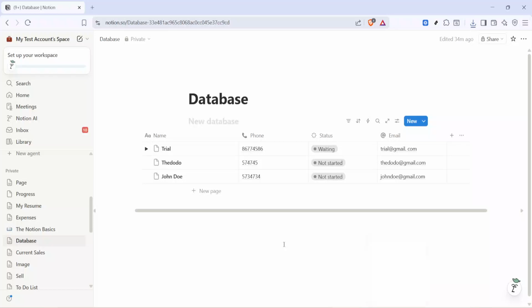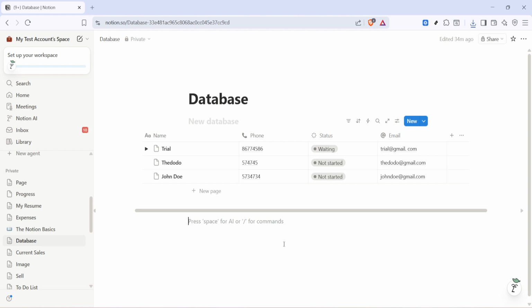In today's video, I'm going to teach you how to add tags to a page in Notion. Tags are one of the simplest ways to keep your Notion workspace organized. They let you label pages with categories like priority, topic, or status, and then quickly group or filter those pages later. In Notion, tags live as a property on a page inside a database, and the best setup is a